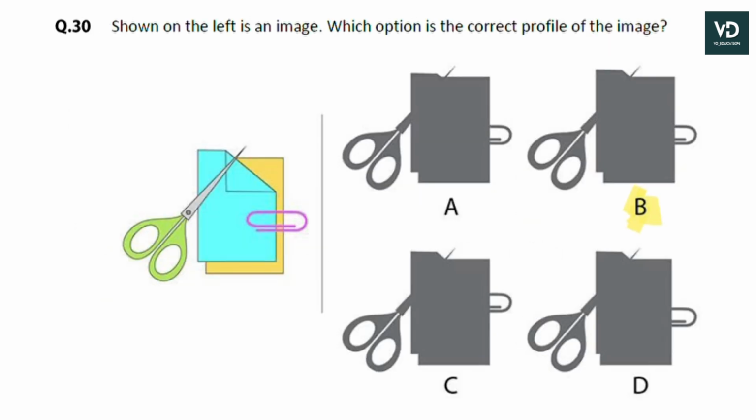Shown on the left is an image. Which option is the correct profile of the image? Okay, so the common part we can see here. First of all, the incorrect options